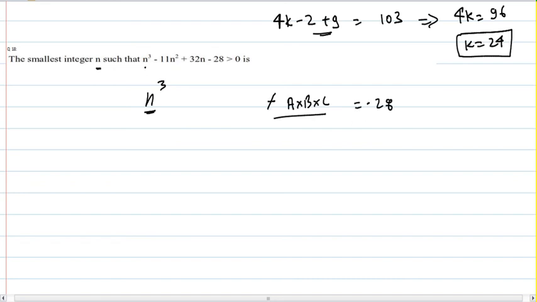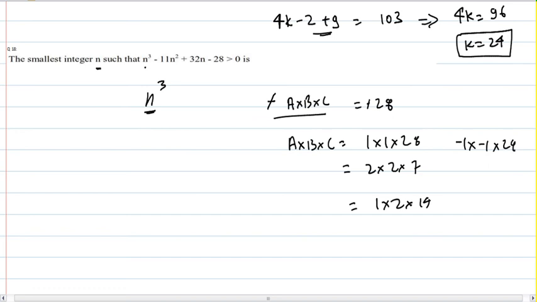So minus minus gone. I could have my roots a into b into c as 1 into 1 into 28, 2 into 2 into 7, 1 into 2 into 14, and some variation of plus and minus also could be possible. Minus 1, 28, minus 2, 7, and minus 1, minus 2 and 14. Some variation of plus minus is possible. So how do I get my roots?